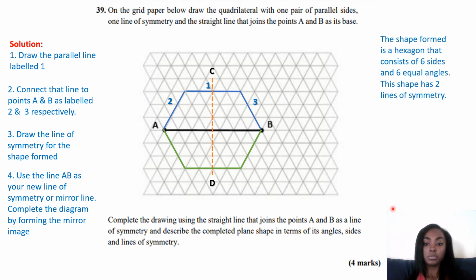Okay, and then it says to describe it. So the shape formed is what? It's a hexagon that consists of 6 sides. So 1, 2, 3, 4, 5, 6, and hexagons have 6 sides and 6 equal angles, right? So these angles inside here, and it has 2 lines of symmetry, a vertical line, which is CD, and this vertical line here as well, AB. Okay, sorry, this horizontal line, AB. All right,